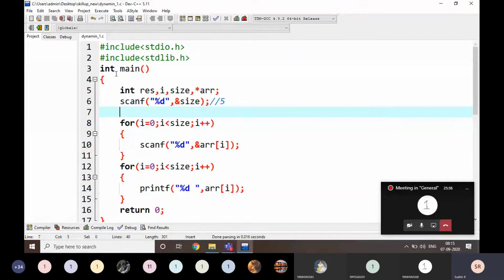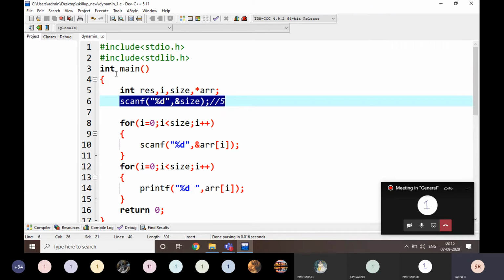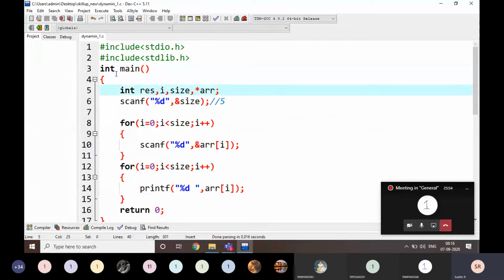If it is 100, we allocate 100 memory locations. Based on that size value only, we allocate memory to the array.